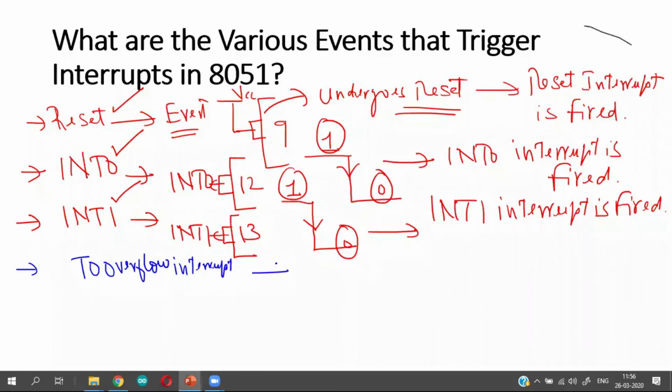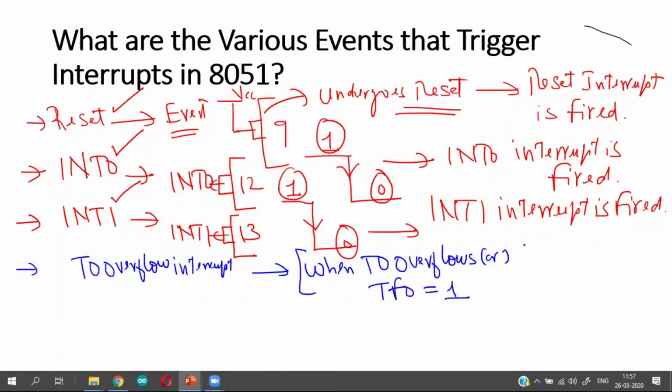This interrupt is fired when timer 0 overflows or timer overflow flag TF0 becomes equal to 1. Whenever timer overflows or overflow flag becomes 1, then timer 0 interrupt is fired.